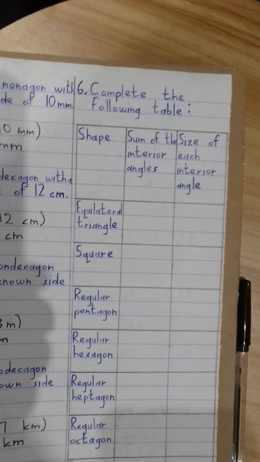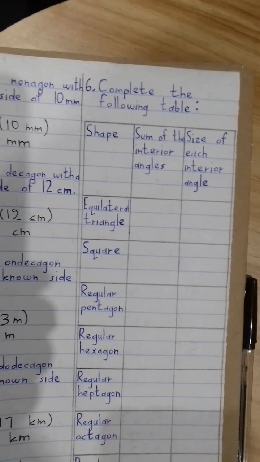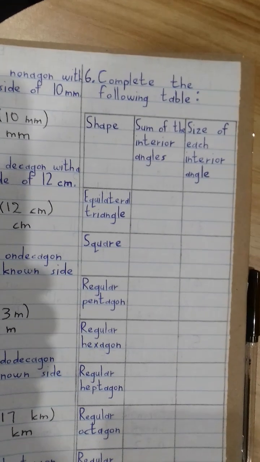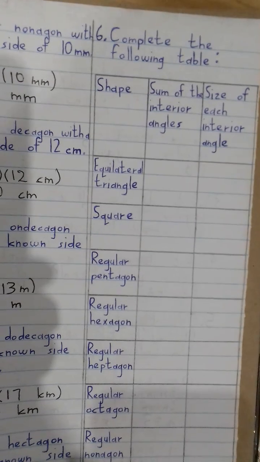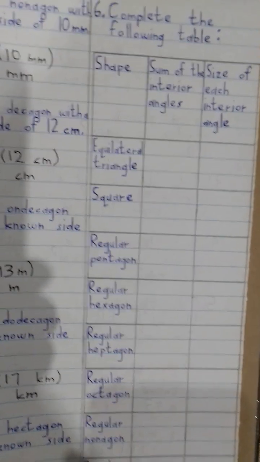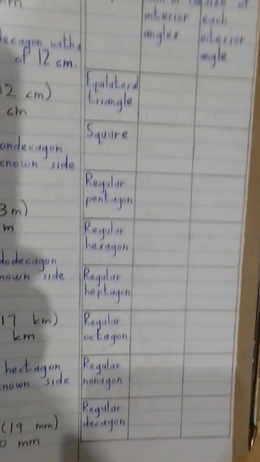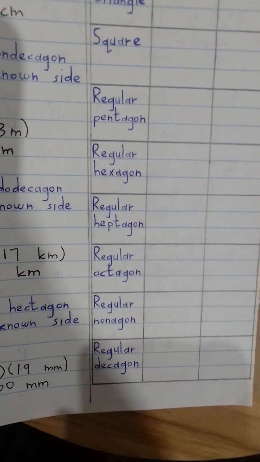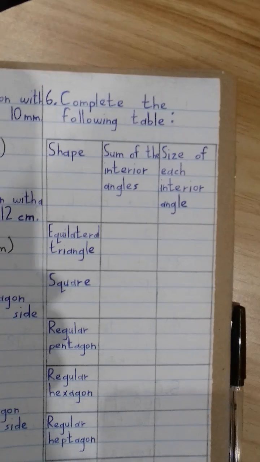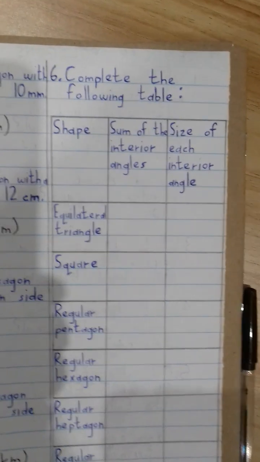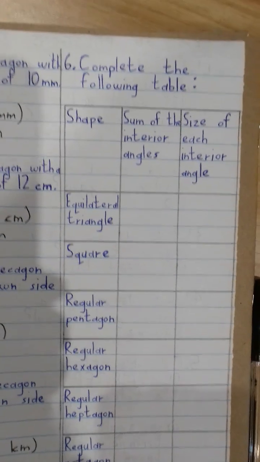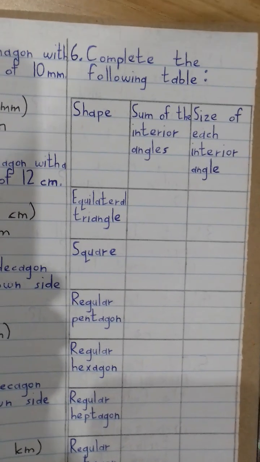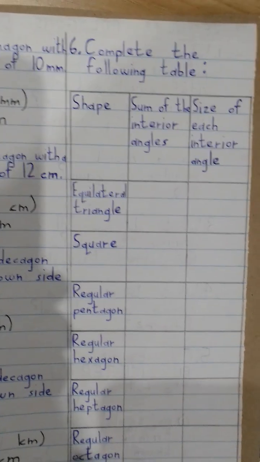Number 6 states, complete the following table. In column A, we have these shapes: equilateral triangle, square, regular pentagon, regular hexagon, regular heptagon, regular octagon, regular nonagon, regular decagon. Then we have the sum of the interior angles, then the size of each interior angle. Remember the formula for the sum of the interior angles is 180 degrees